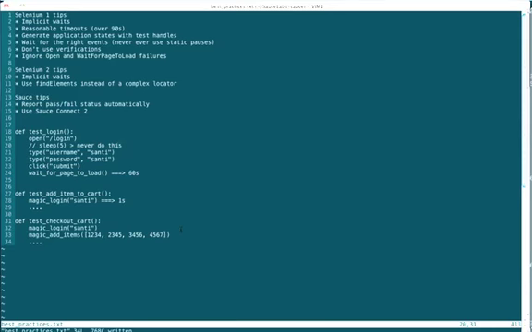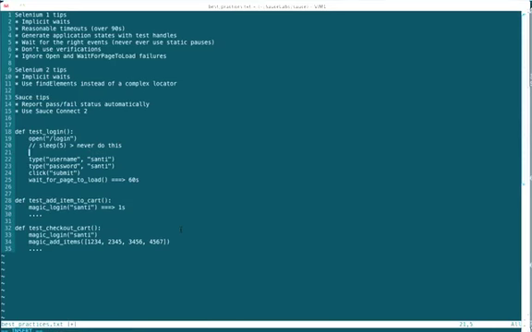So what you would have to do would be something like wait for condition, and you would wait for some JavaScript condition, something like